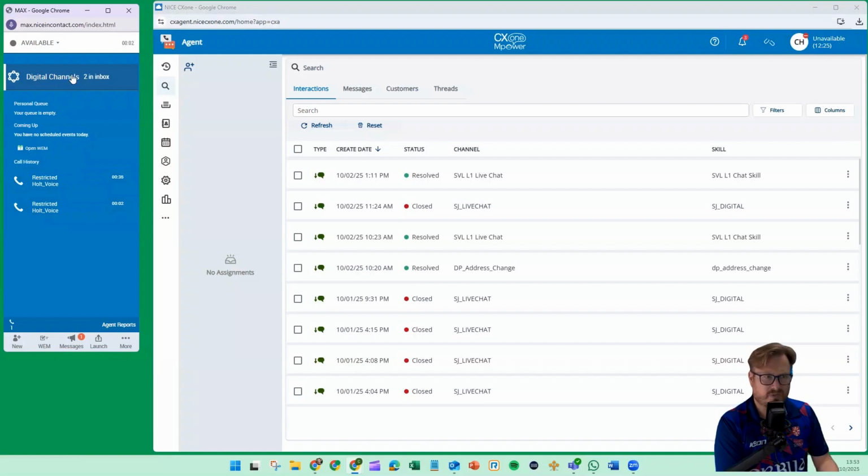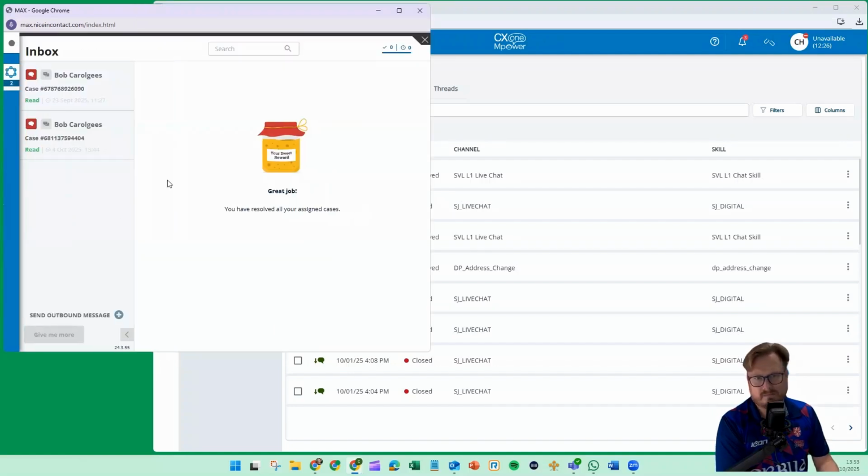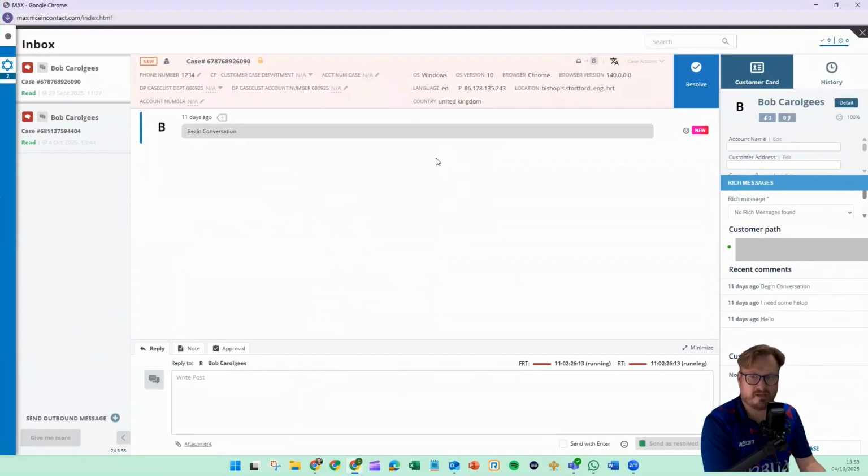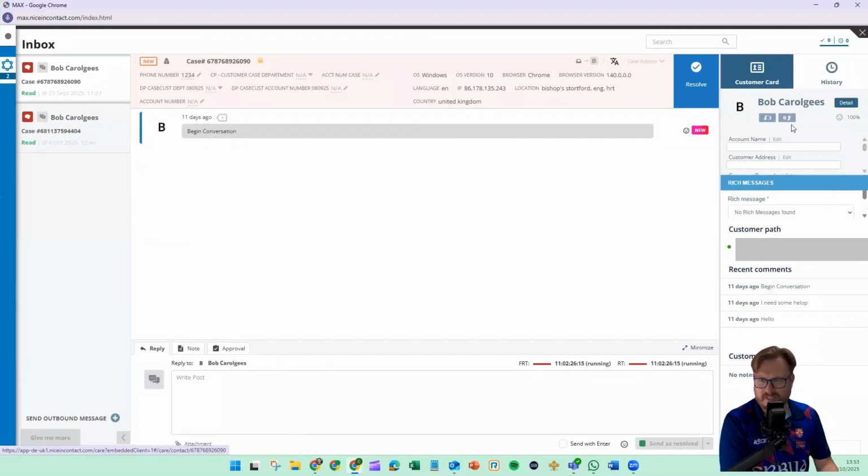And you know what? We will just take a quick look at the digital experience. We've got a couple of digital messages here. You'll see we've got a customer path. This actually started to get a bit messy because once you start to add in custom components like rich messages, then everything just got a little bit hectic. So this became a lot cleaner when we moved to DFO. So what I'm going to do is I am going to go and claim those on my CX1 agent.